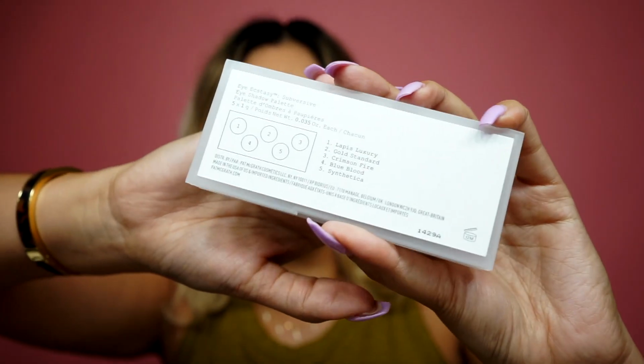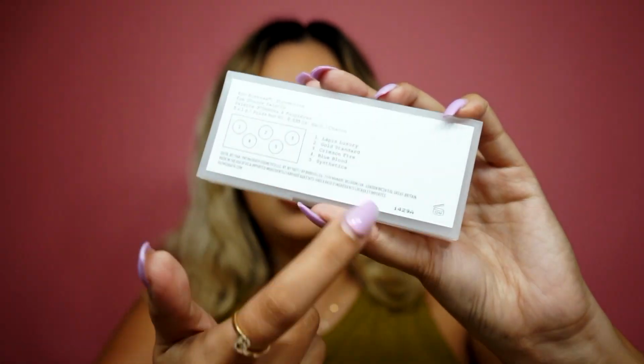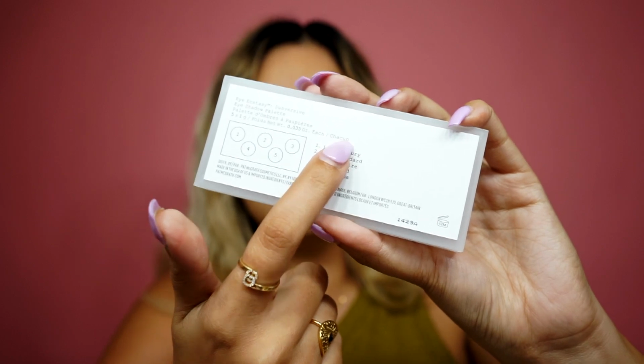You probably see it because it's backwards, but it actually has them numbered, and I do like how it's numbered and it actually has the names on it. I know that with eyeshadow palettes, especially when the names are on the back, Kylie's really infamous for that, you're just like, okay, which color am I diving into? You might even give the wrong shade name for the color you're using. So I do love that little touch, that it is numbered, and then on the side it is